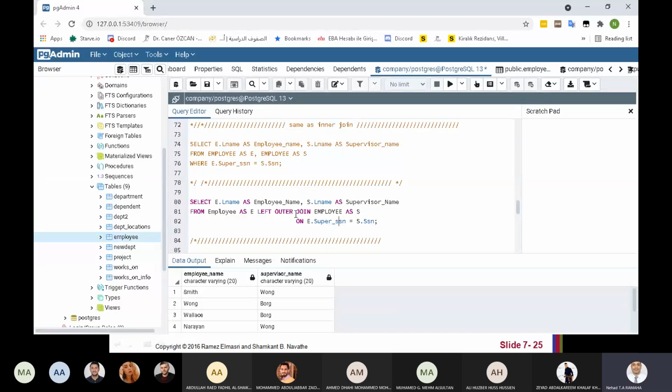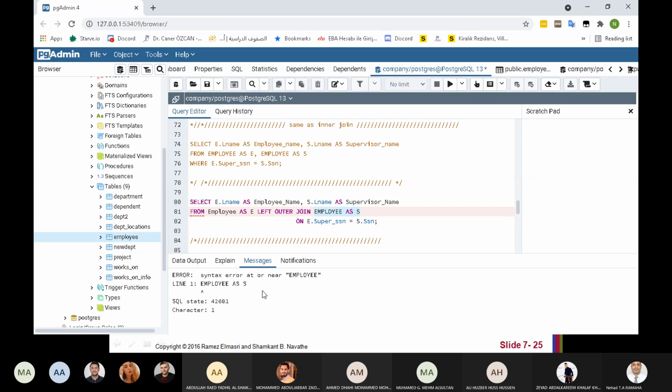Okay, we need all data from employee and data from supervisor if he has a supervisor. From employee. Employee already exists. Why sometimes accept, sometimes not accepting?